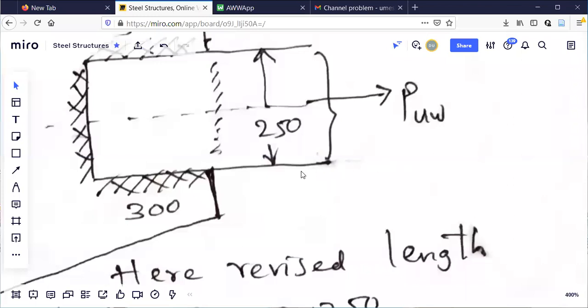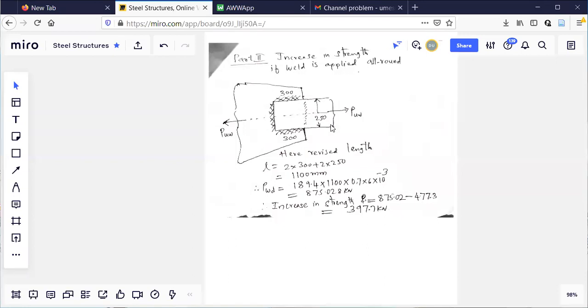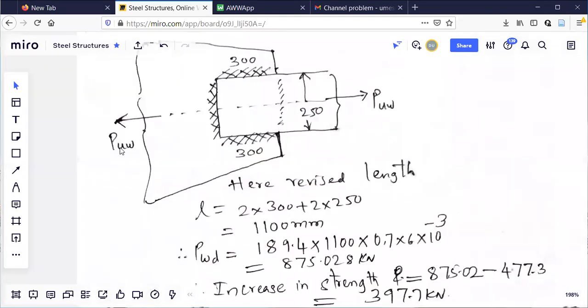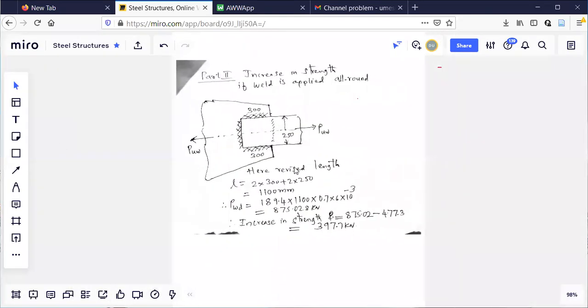So that inclined plane has a dimension of t_e into L, thickness into L. That is how the weld is resisting the force. Any questions here? Okay, so